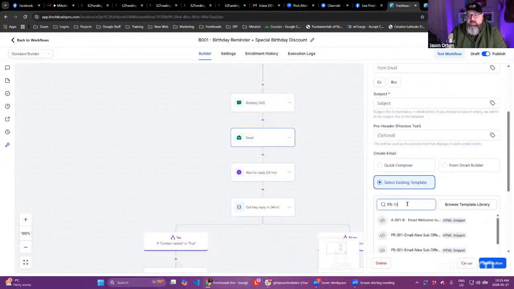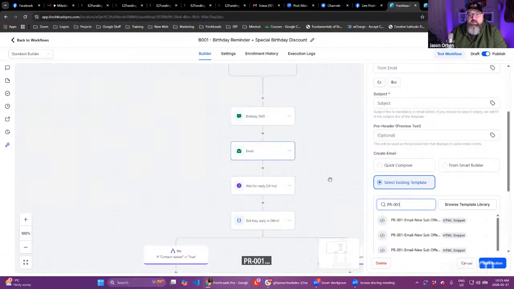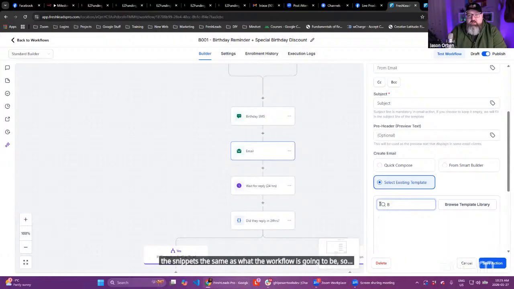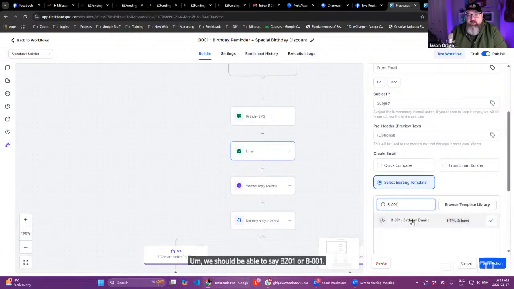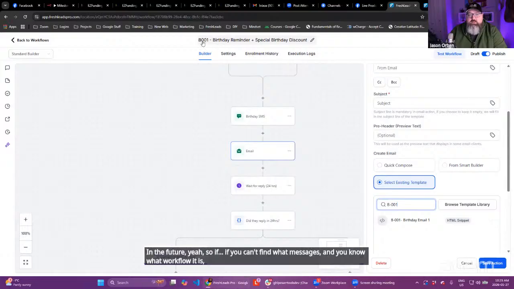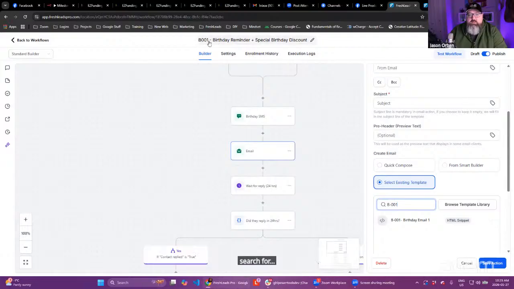PR dash 001. Or no, that's not even PR. I don't even know what this is. So what I tried to do was name the snippets the same as what the workflow is going to be. So we should be able to say B001 or B dash 001, birthday email one. So in the future, if you can't find what messages, and you know what workflow it is, do a search for